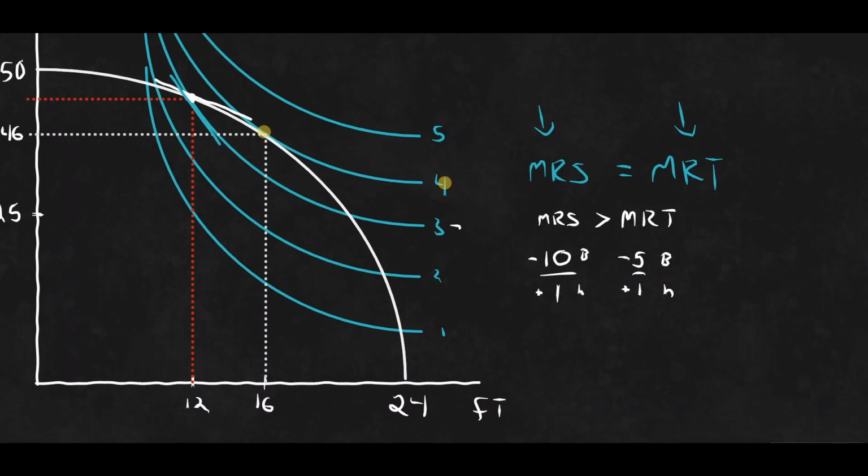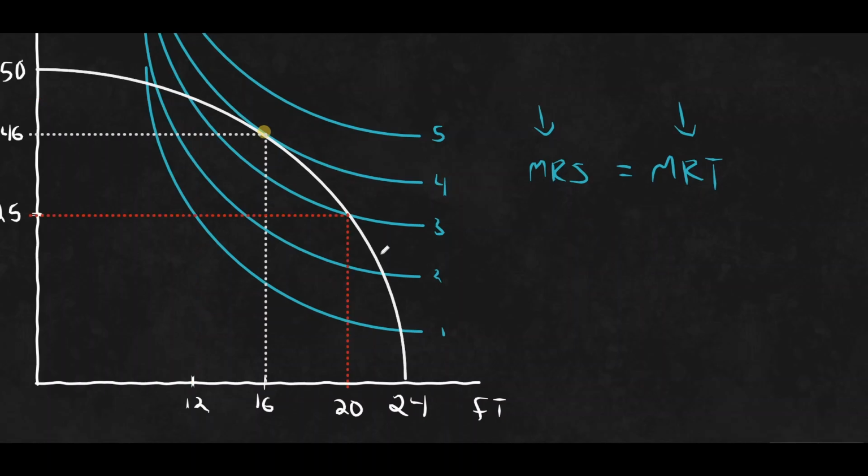What should she do? Well, she should gain an hour of free time, and she is up 5 bushels more than what she was willing. So she's better off. She gets to go to a higher indifference curve as a result. So she's happier. She's better off with this altogether. So that's the case where marginal rate of substitution is greater than the marginal rate of transformation. Of course, we could look at the opposite scenario altogether, and let's just quickly clean up and do that.